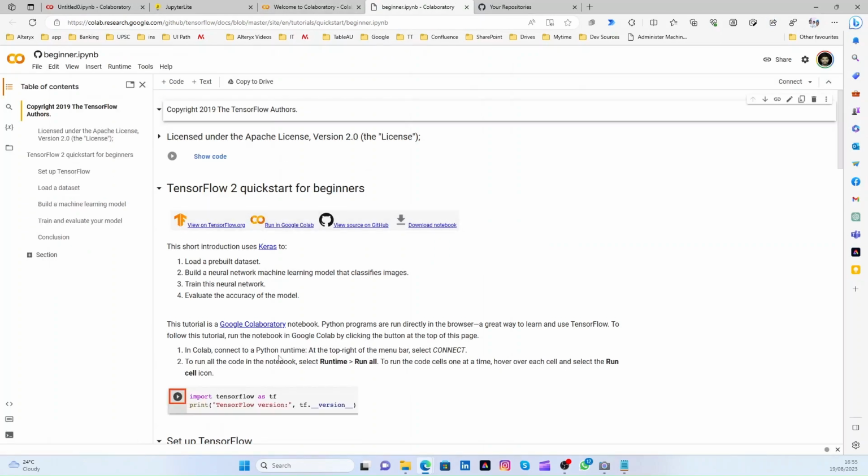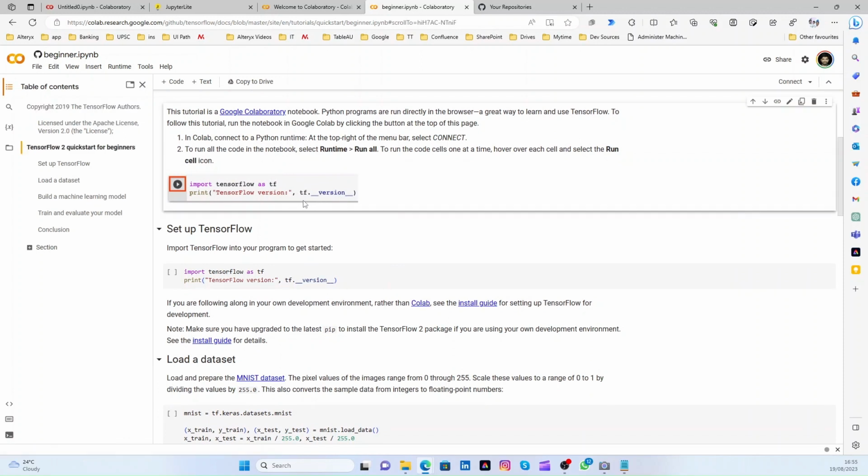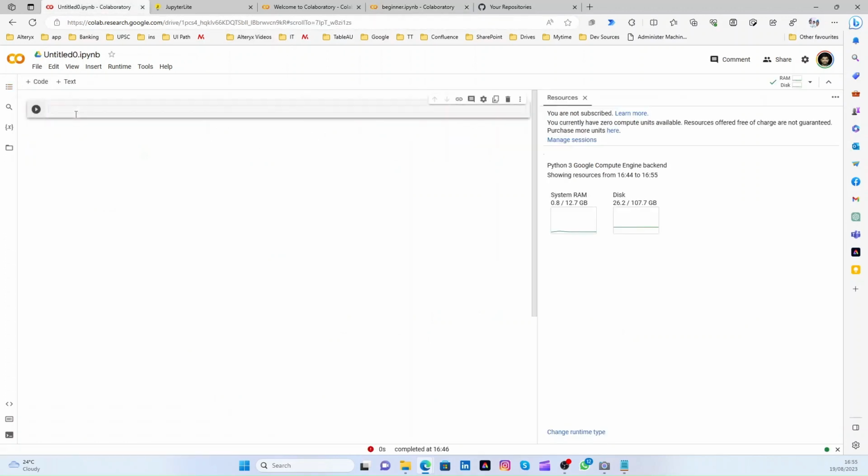Using TensorFlow, see, so this runs. For example, if you want to use TensorFlow, let's try, let's check if the